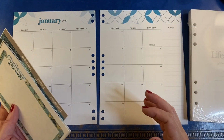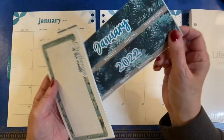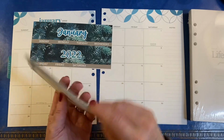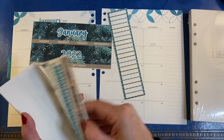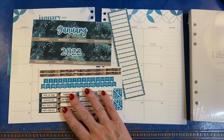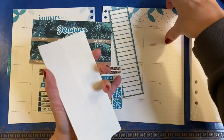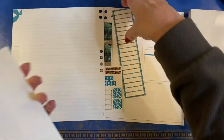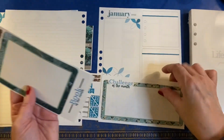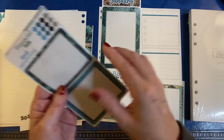I'm actually going to be setting up my 7x9 Life Planner and my A5. So I have two different kits I'll be using. This one's homemade. For the monthly spread, I have this and this, and I've already pre-printed some events on these appointment stickers. And then for the dashboard, I have both the notes page and the dashboard. I have this, also a homemade kit that coordinates a little deco